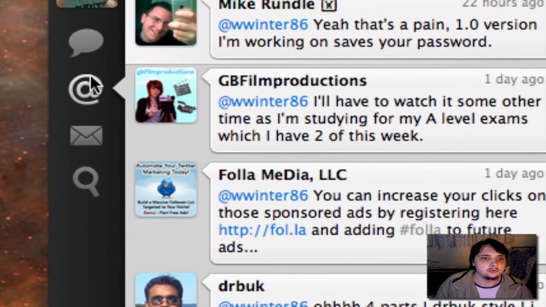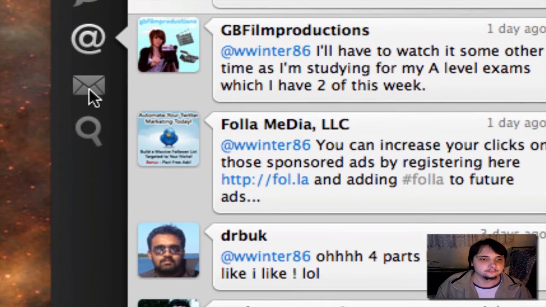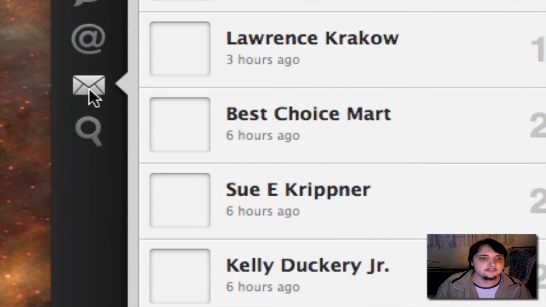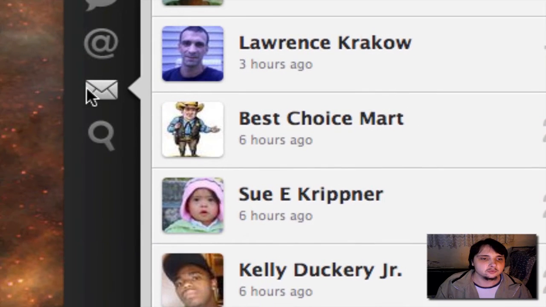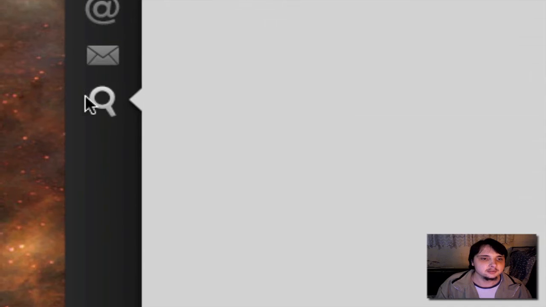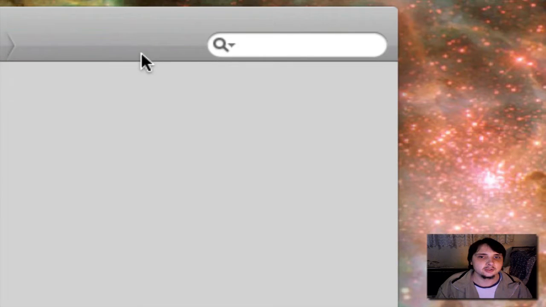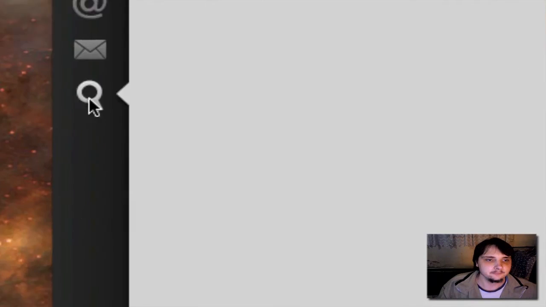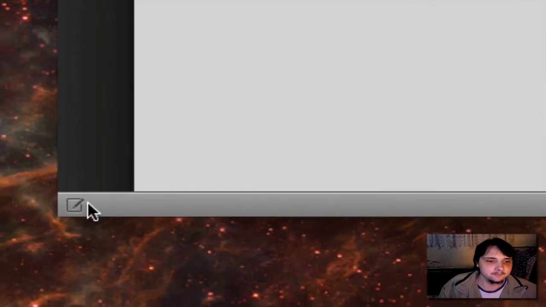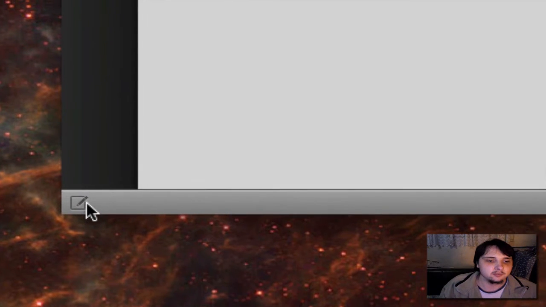Your mentions will also have a blue dot on there if you have any unread ones. Direct messages is a little envelope icon, which will also have a blue dot if there's any unread. And then the last icon is search, so you can search Twitter for users or posts. Then if you go to the bottom, you have a very discreet small icon, which if you click,